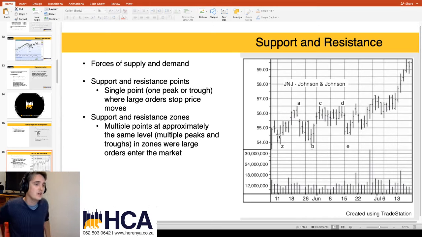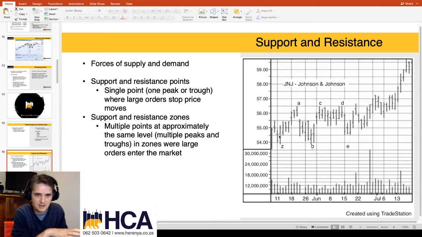That's why some people tend to avoid round numbers, and they try to put orders slightly above or below that round number. If it's 3,000 rand, or let's say it is $54, maybe go at 54.01, 54.05, whatever the case is, just to avoid that situation where your order doesn't get filled because you're the last guy in the queue at 54. In any case, enough droning on about that.